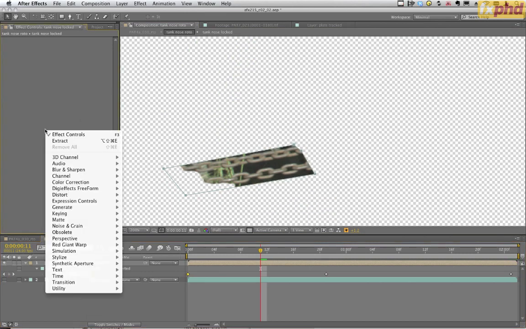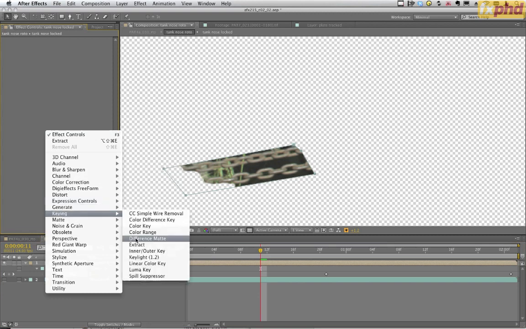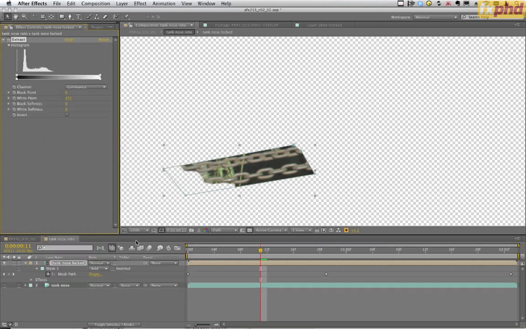And to that, I'll apply keying extract. The way extract works is like this. There's a histogram with all of the visible pixels. By bringing the top hash down, I begin to create transparency where the lighter pixels were. Then I can create threshold by bringing the bottom one back. Now, at the moment, I'm working kind of blind. So what I think I'd like to do